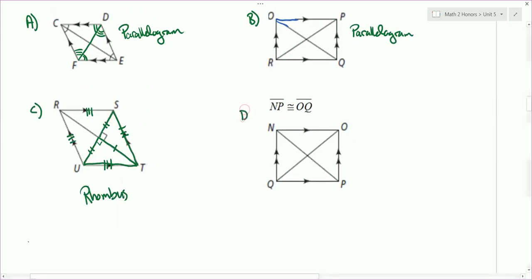On, we'll call it part D, NP is congruent to OQ. Alright, so the diagonals are congruent. And they bisect each other. So all four pieces are the same length. So this is made up of four isosceles triangles. So I know that the two base angles using the isosceles triangle theorem are congruent